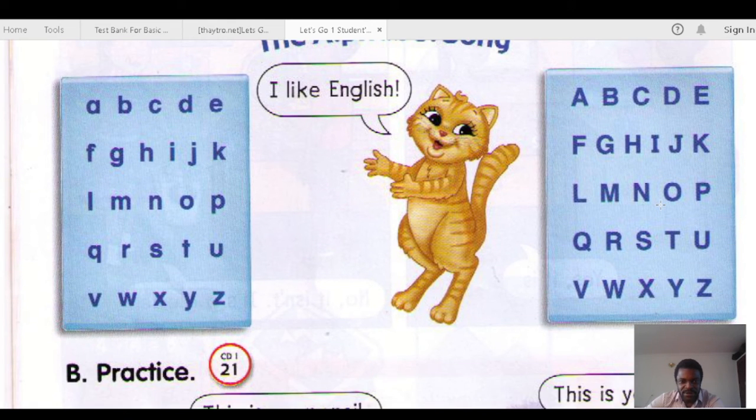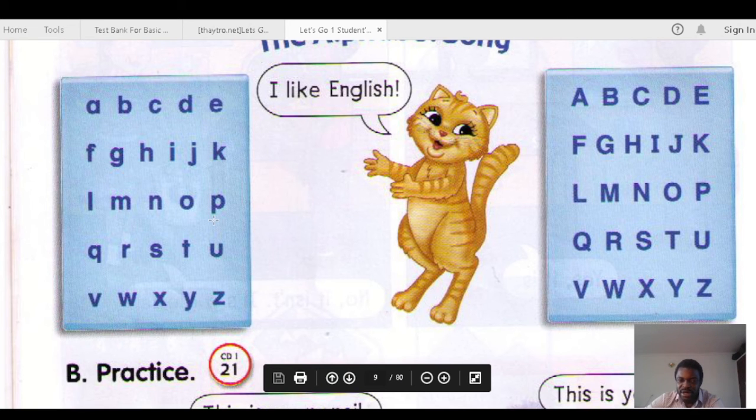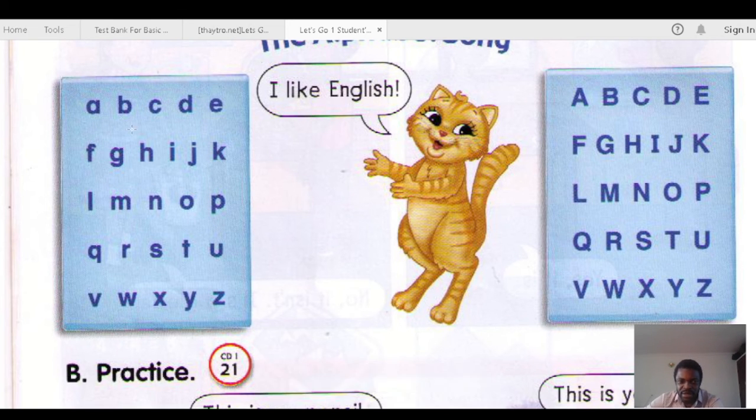So this is our alphabet. And here I was telling you about the A. You see this one? A, E, I, O, U. 1, 2, 3, 4, 5. These 5, we call them what? Vowels in English language. And the ones that are not vowels, like this one, B, C, D, F, G, H, J, K, L, M, N, P, Q, R, S, T, V, W, X, Y, Z. These ones we call them what?